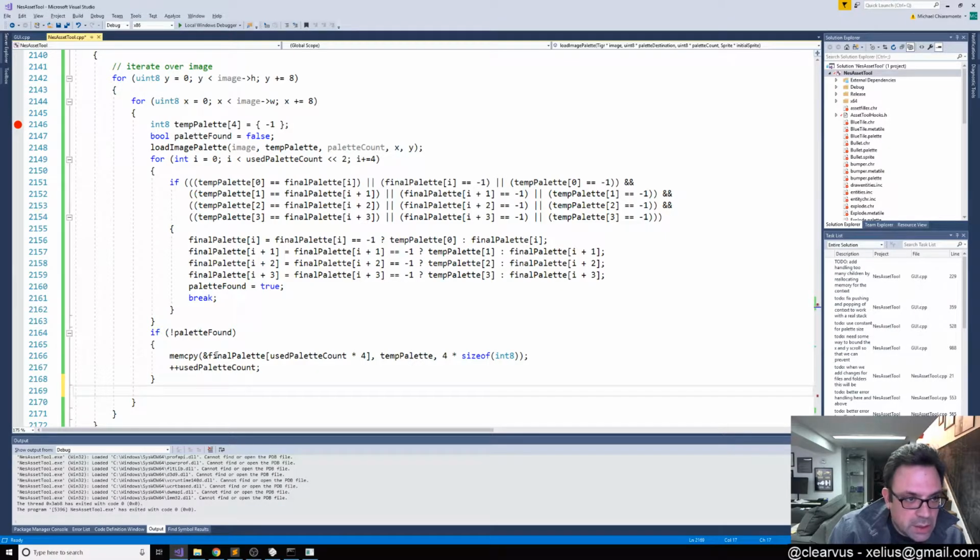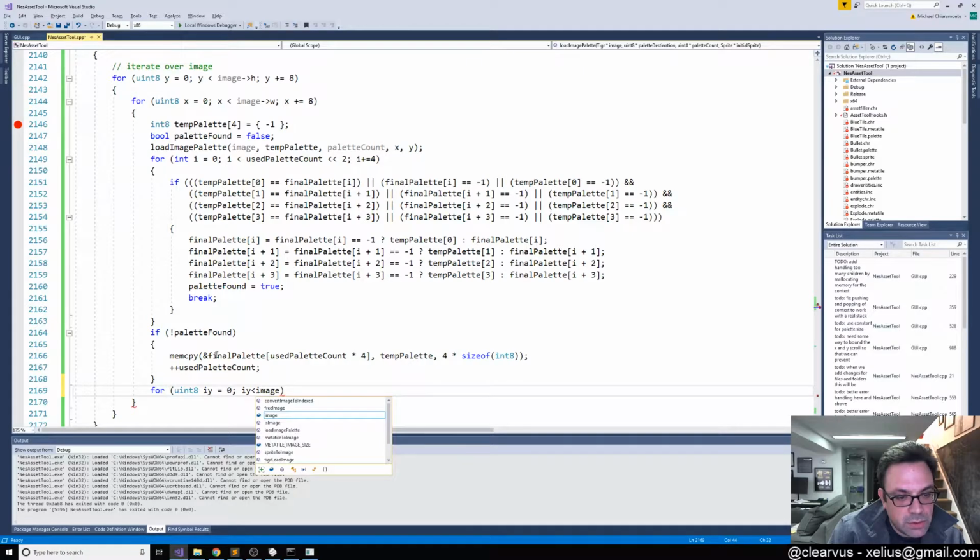So look away if you're weak-stomached, but we're just going to write another internal loop to iterate over the 64 pixels here. So we'll call this IY for internal Y. Image, let's see, we'll make this Y plus, Y plus 8. IY